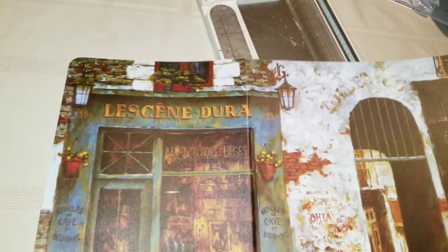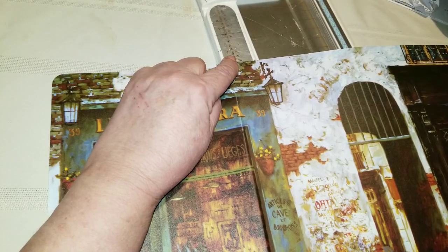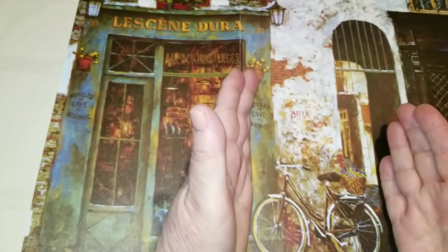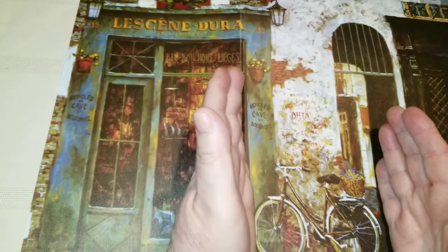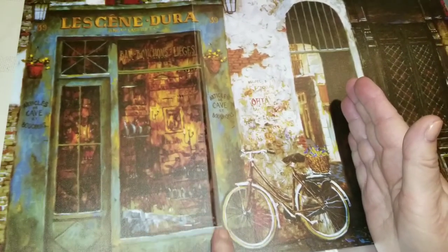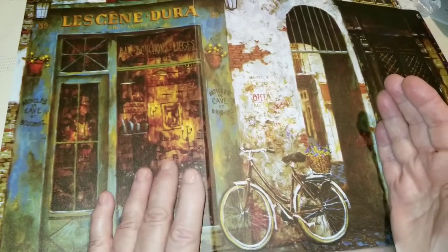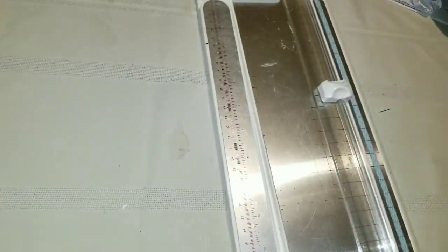Now I want 5 inches from the center. No, I want 5.5. How wide do I want my notebook to be? Now I have to take into account the spine. So I've got my 5 inches this way, right? Because this is going to be 5 by 7 inches. But I have to take into account some space for the spine, which I think is exactly what I'm going to do. I'm going to measure from this line,